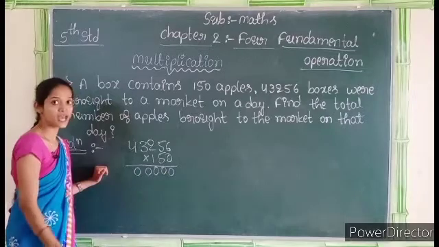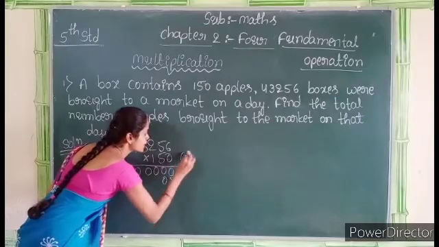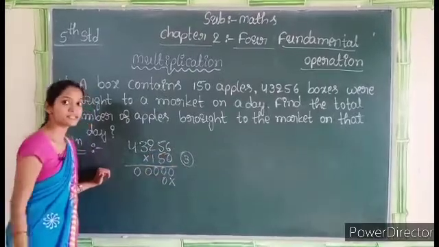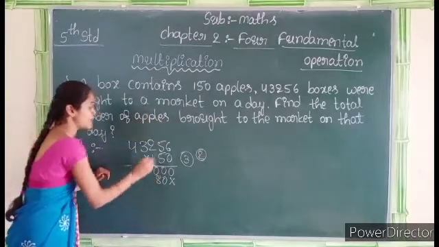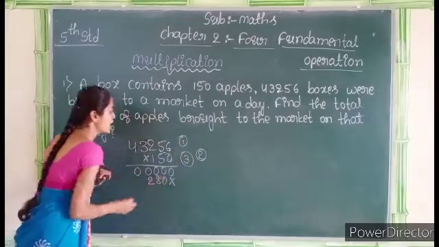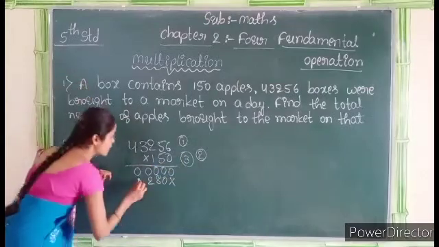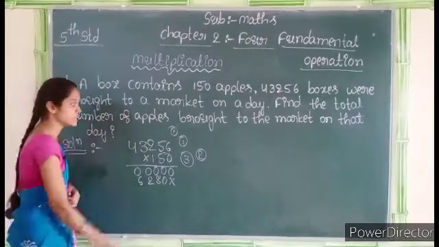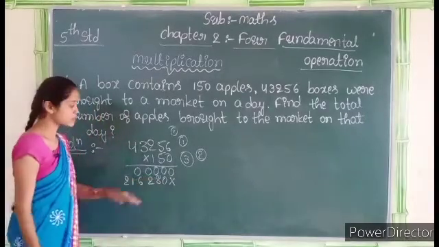In the tens place we have 5. Okay, 5 6s are 30. I will write 0. Then 3 carry over. 5 5s are 25. 25 plus 3, 28. I will write 8. Then 2 carry. Then 5 2s are 10. 10 plus 2, 12. I will write 2. Then 1 carry. Then 5 3s are 15. 15 plus 1, 16. I will write 6. Then again 1 carry. Then 5 4s are how much? 20. 20 plus 1, 21. Now we completed the multiplication by tens place.